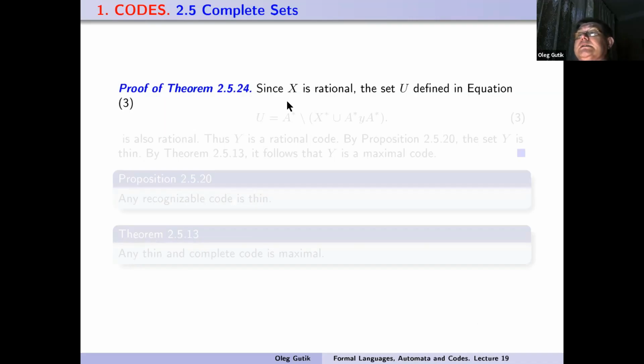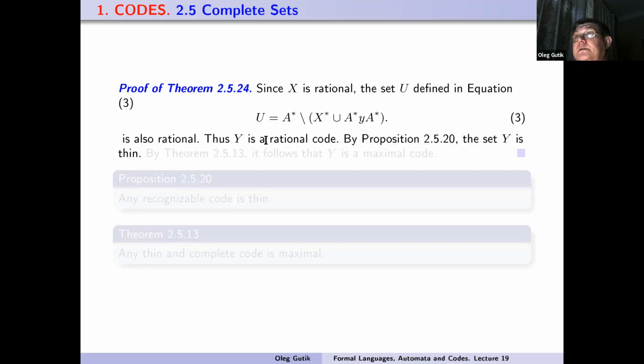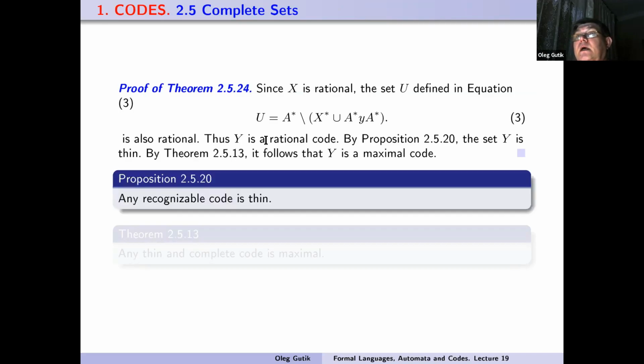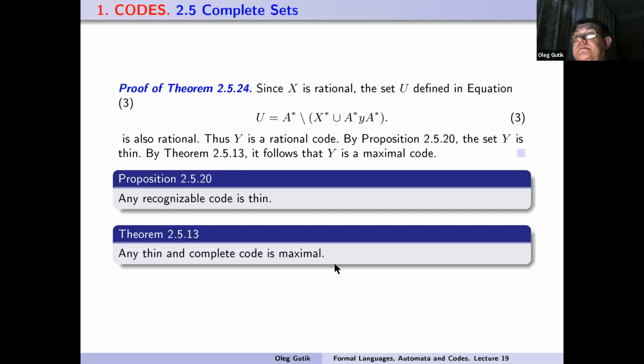Next we prove theorem 2.5.24. Since the set X capital is rational, the set Y capital defined in equation 3 is also rational. Thus Y capital is a rational code. By proposition 2.5.20, the set Y capital is thin. So, by theorem 2.5.13, it follows that the set Y capital is a maximal code. And this completes the proof of proposition